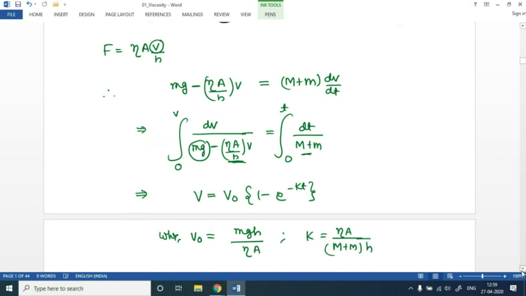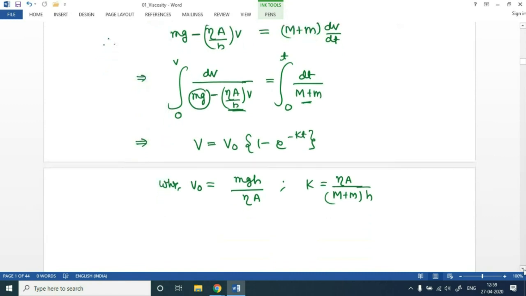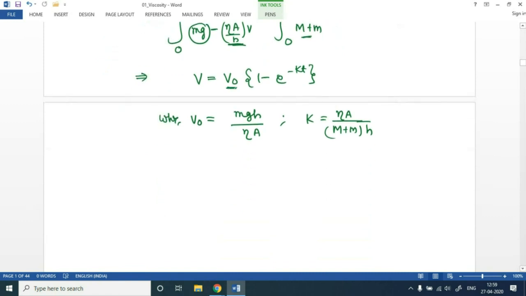So you can see that the velocity of this block is varying exponentially, and this value of v naught is nothing but the terminal velocity also,